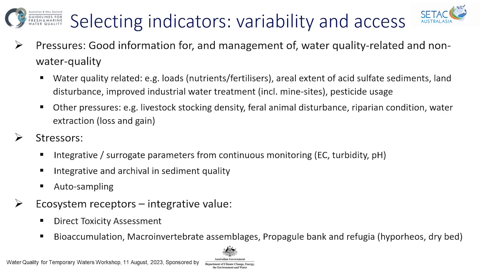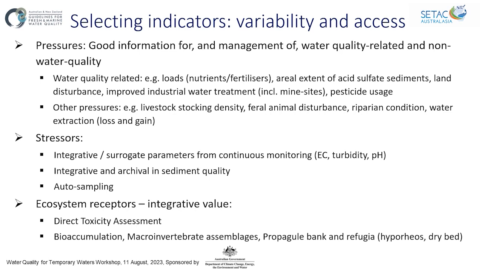So accounting for variability and access, we need good information on both the water quality and the non-water quality pressures to separate cause of impact. So we've got our typical water quality related ones, that could be loads or areal extent of acid sulfate soils, for example, sediments. The amount of land disturbance quantified. For mine sites, whether or not water is treated,